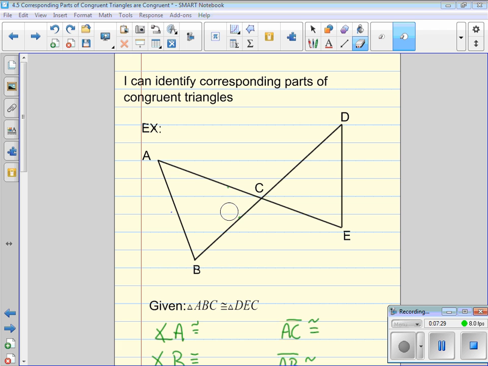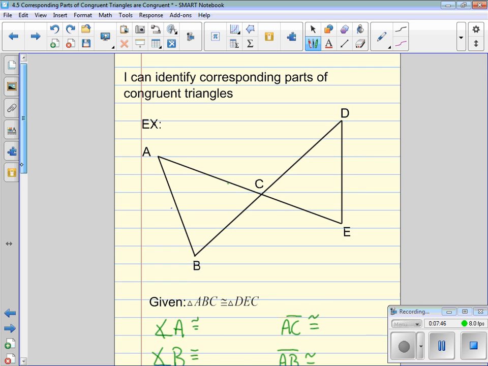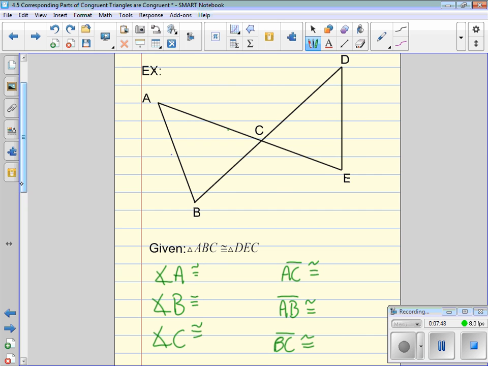Okay. All right, so given two triangles and a statement like this down at the bottom where it says given triangle ABC is congruent to DEC, I need to be able to identify which angles match up, which sides match up. I'm not going to use the drawing to do this. The drawings can be helpful, but I'm going to look at the statement to do it instead. Okay, so if you take a look,